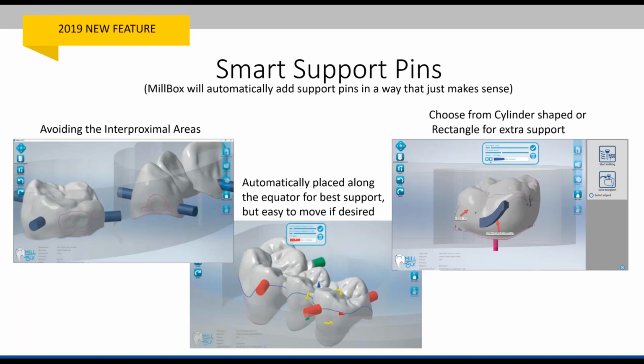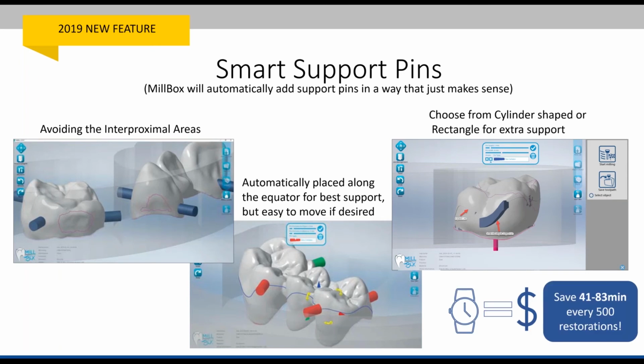Really nice feature. So again, we talked about the multiple import of your STL files. That's going to save you a bunch of time and money. Smart support pins, how much is that going to save you? Well, if you're saving 5 to 10 seconds every restoration, that adds up. So you're looking at anywhere from 41 to 83 minutes for every 500 restorations. So you're looking at another hour basically for every 500 restorations, just because Millbox does things smarter and makes things